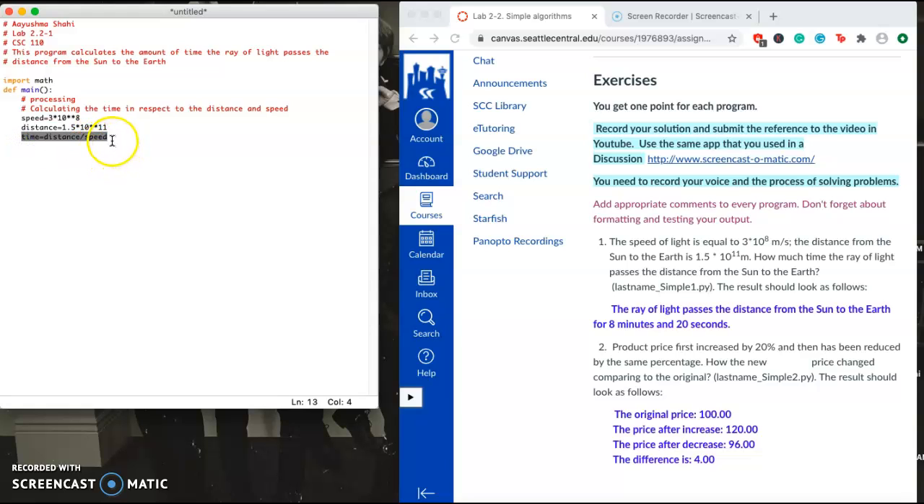And now the time that we're going to get from this formula is going to be in seconds, so we need to convert that into minutes. So we're going to put in time in minutes, and that's going to be time from this formula divided by 60 for 60 seconds. And now we're going to create a section for our output, and we're going to type in here